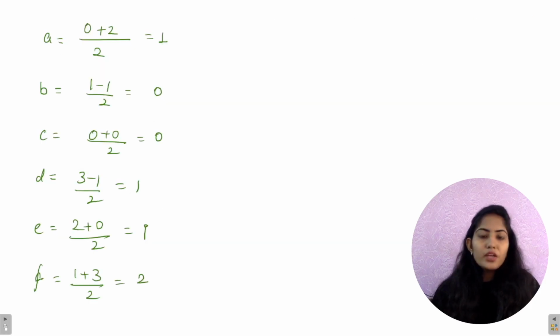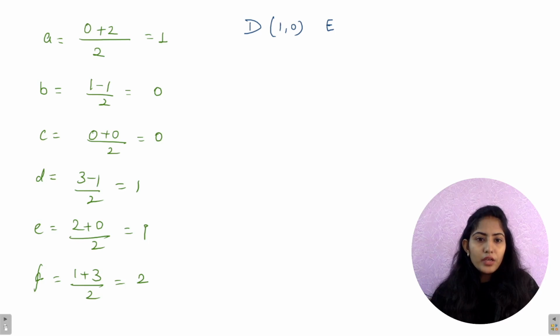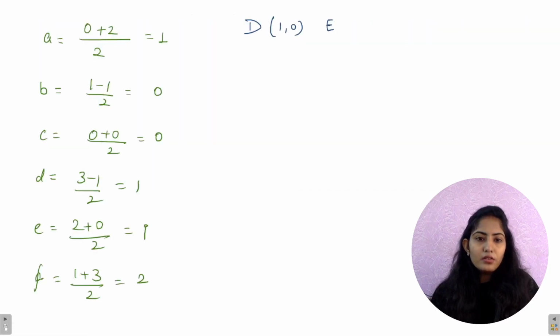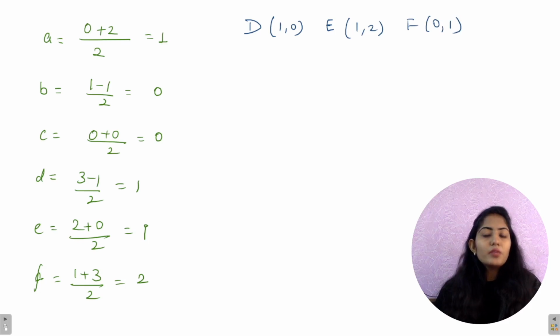ठीक है, सो वी गेट द वैल्यूज, दैट इज अ न्यू ट्रायंगल। तो ये जो ट्रायंगल्स था हमारा, तो हमने बनाया था, तो हमारे को d के कोऑर्डिनेट मिल गए हैं। d के कोऑर्डिनेट हो गए हैं (1,0), e के जो कोऑर्डिनेट हो गए हैं वो है (1,2) और f के कोऑर्डिनेट हो गए हैं (0,1)। तो ये तीनों ट्रायंगल के कोऑर्डिनेट मिल गए हैं।